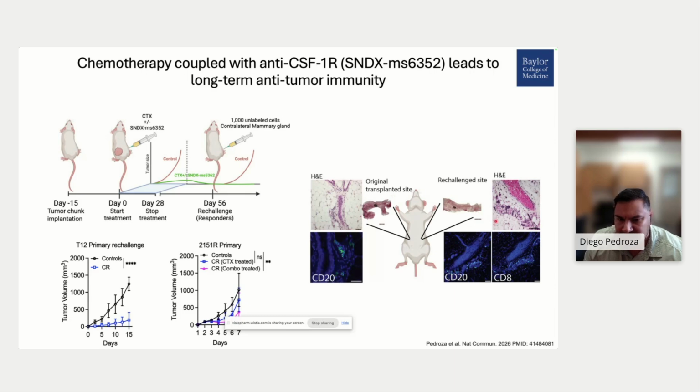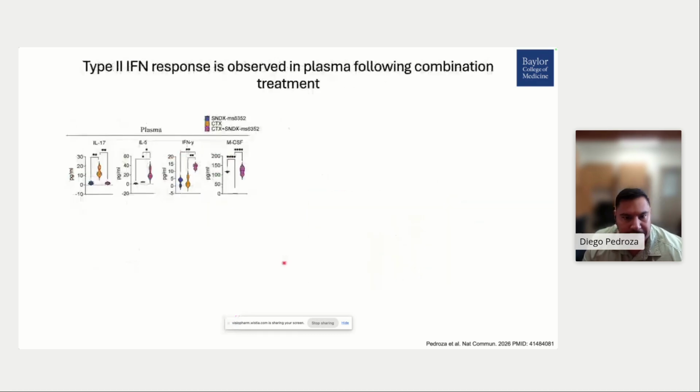We can do H&E staining, and we can look for immune cells so we can detect B cells as well as B cells with T cells coming into close contact. We can do plasma analysis to see what's going on. And we, of course, detect high levels of interferon gamma, IL-5, and M-CSF, which is our biomarker, because M-CSF is no longer being able to be internalized. Therefore, we can say with confidence that the drug is working pretty well.